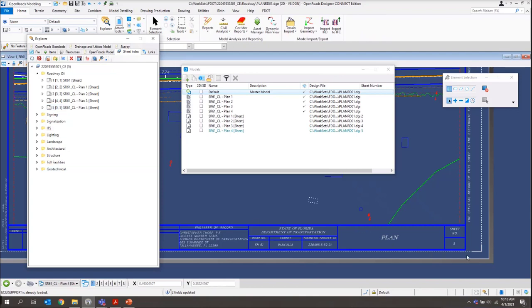If you'll notice back here on my sheet number, it's added my sheet number as well. This is sheet 5 in my set, although it's plan sheet 4 in the file, since it's continuing on after our key sheet, which was numbered sheet 1. So that's sheet indexing, and that rounds out chapter 10 for us.